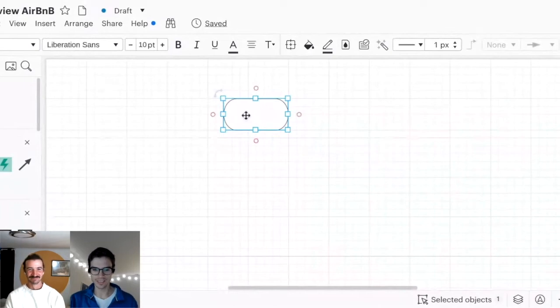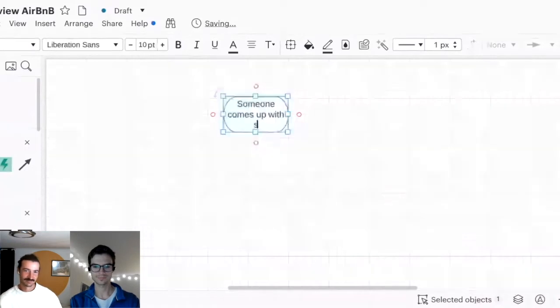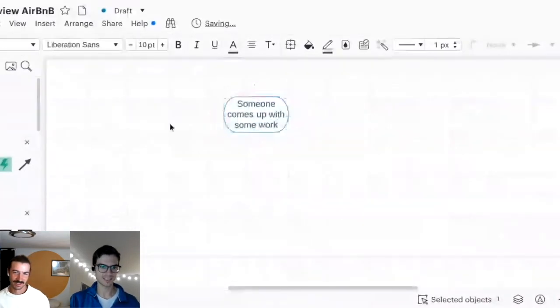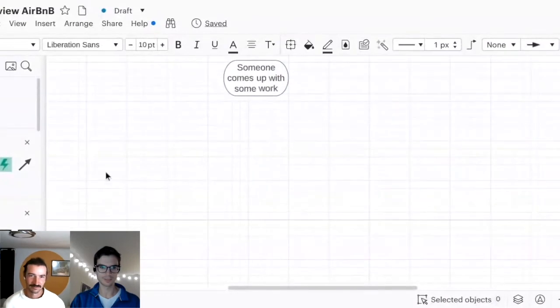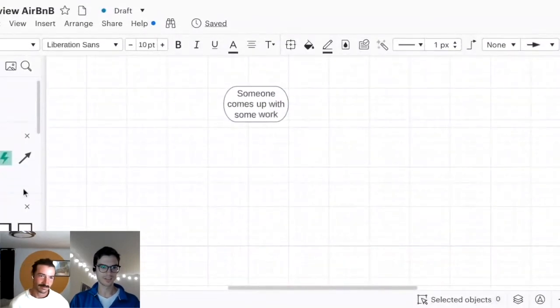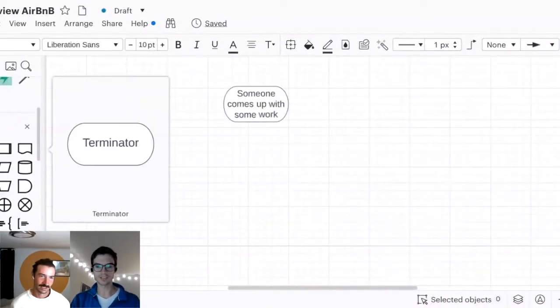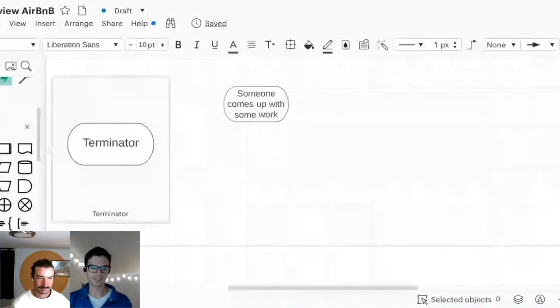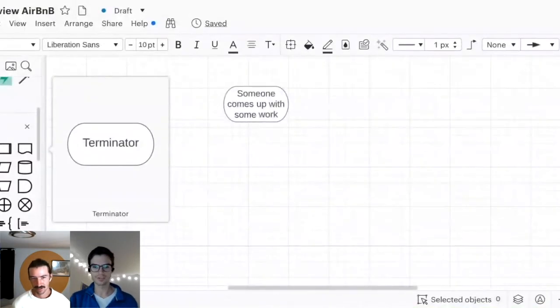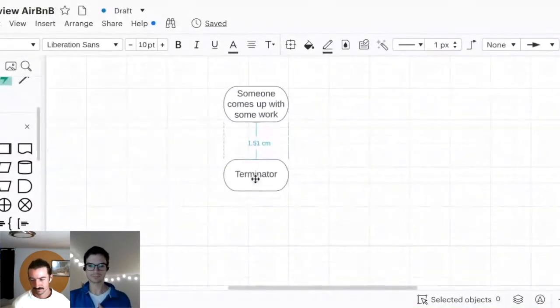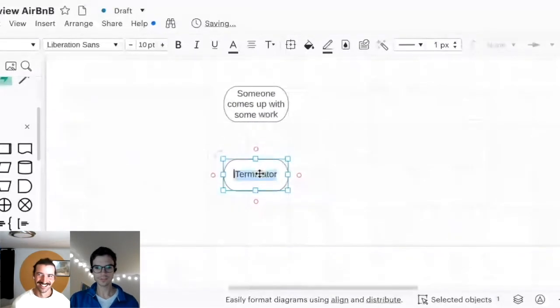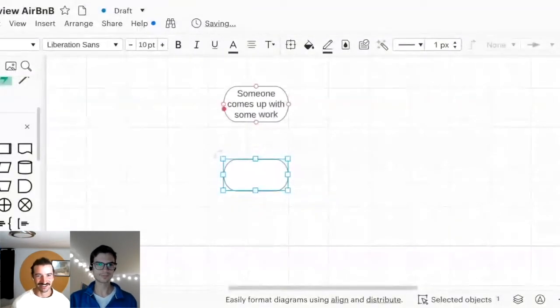So we start out and someone comes up with some work. All right, what happens next? What do we do when some product manager, or I guess a normal manager potentially, is like, all right, let's implement this thing? What's the first step of what would happen next? Sure, yeah, and I actually already disagree with your diagram, frankly.